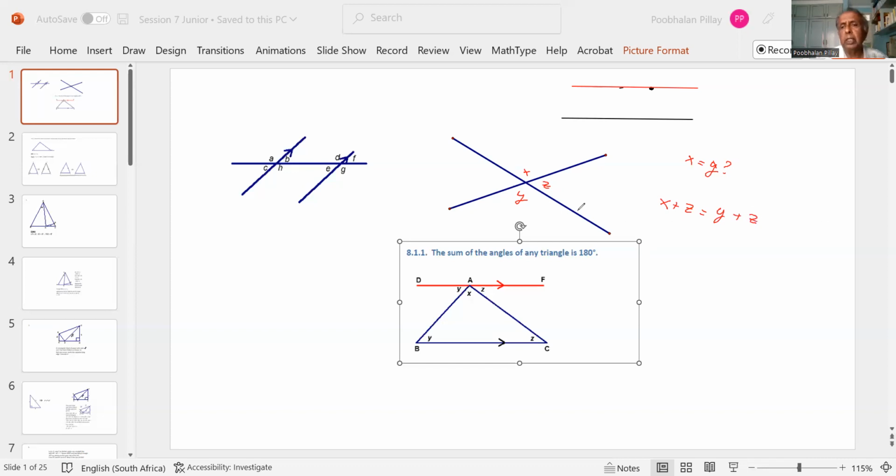So you can make them equal, and then when you cancel the z on both sides, you land up with x equals y. So these 2 angles are equal. They are called vertically opposite angles, and vertically opposite angles are actually equal. So in place of y, we can actually write x. All right. And here too, this is same as that. Okay. Now, if you take these 2 lines which are parallel,